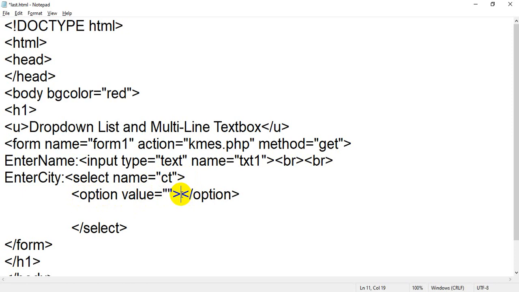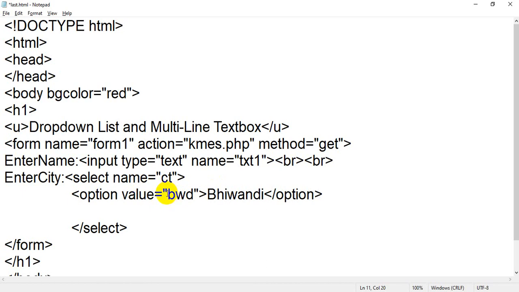So I am going to assign the first name of city, that is Bhiwandi, and inside value I will just add BWD.